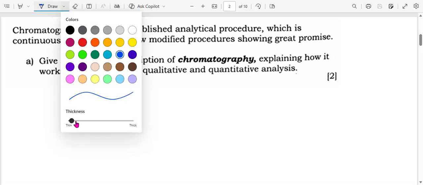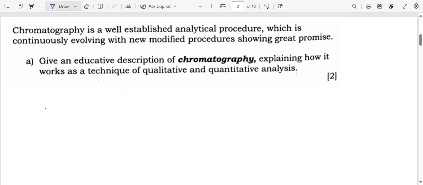Let me just increase my pen size. All right. So, which is continuously evolving with new modified procedures showing great promise. All right. So, give an educative description of chromatography, explaining how it works as a technique of qualitative and quantitative analysis. So what we need to understand is that, first of all,